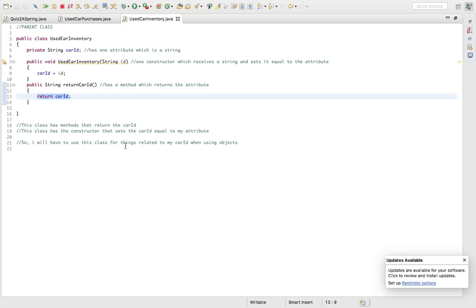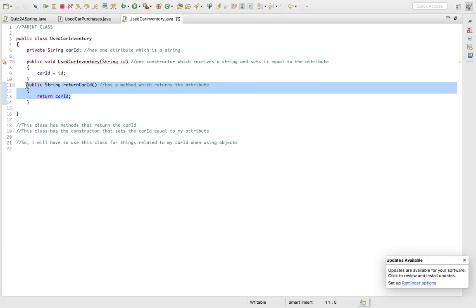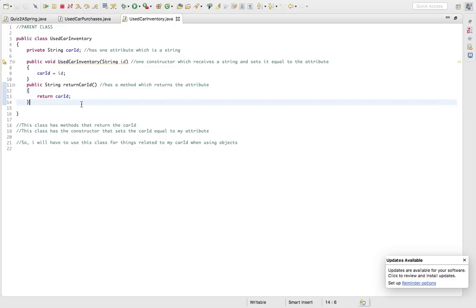I set the car ID in this class, and I'm working with the car ID attribute. I think the key thing here is to know that this class is what returns the car ID. If you've practiced enough and learned something from quiz 1, one of the things quiz 1 tries to teach you is how do you get data back from classes, or how do you get data back from methods? How do you call that stuff back? So I think that's one of the key takeaways from this class here,